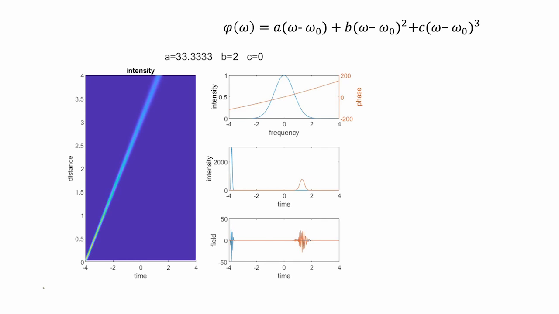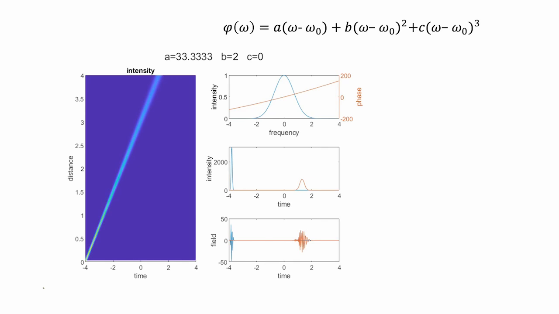Now you can see, as the pulse is traveling, that the intensity is reduced and the pulse is broadening. You can see in the right panel here, I used an arbitrary parameter B, and you can see the phase as a function of frequency has a slight curvature. It doesn't look like a very large amount, but still, when you look at the pulse at the beginning, blue, and at the end, red, you see that the pulse broadened and the intensity decreased. So this is what you get from the second order term.